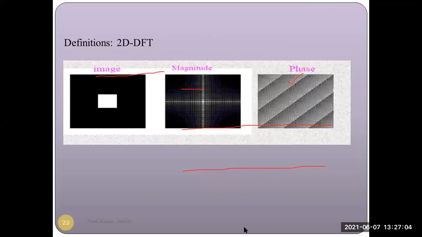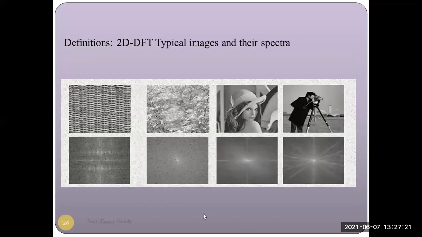Then we discussed some examples of how we can convert a particular image. Suppose this is my given image. This particular one represents the magnitude spectrum, and this one represents the phase spectrum. Now this is another example. In this slide, we have taken different images, and this is the Fourier transformation representation of these images. In the second row, the images shown are nothing but the Fourier transformation, or the frequency domain representation, of the above given images.